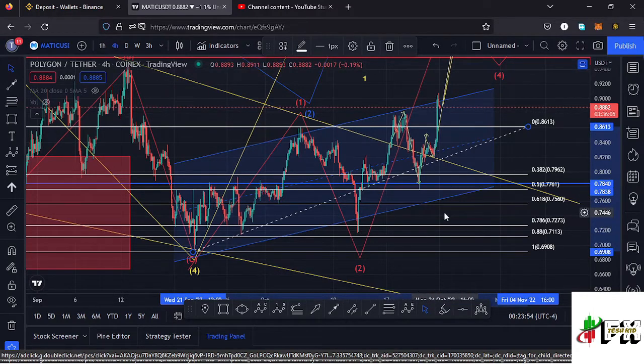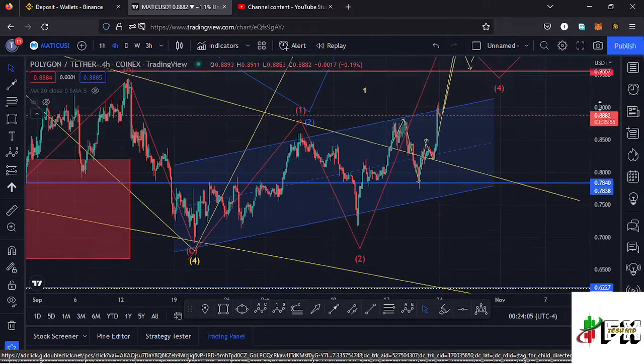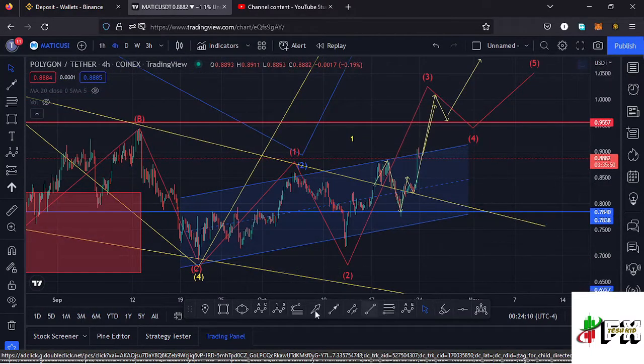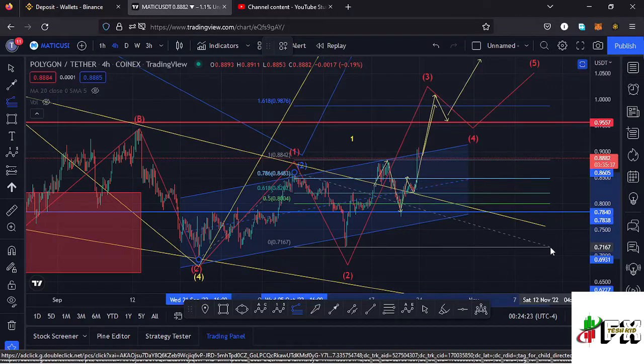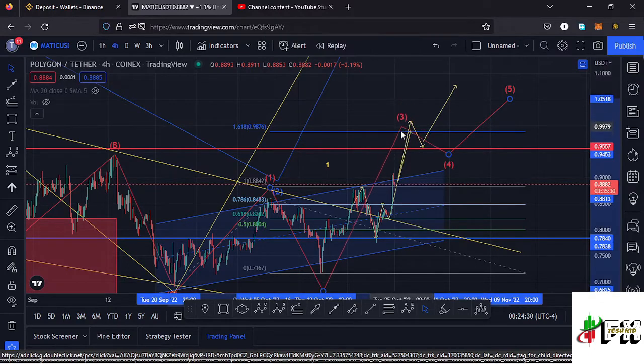0.786 fib level, which perfectly lies at a key area of support at around the $0.72 mark, and we found support and saw a very nice bounce to the upper side in a movement that I'm now terming as a third wave to the upper side. And I can sketch out a target area to the upper side in the formation of that third wave using a trend-based Fibonacci, connecting it from the low of the wave 1 to the high of that wave 1, then dragging the fibs to the low of the wave 2. That gives me a minimum target area to the upper side in the formation of that third wave at the fib level 1.618, and that is at around the